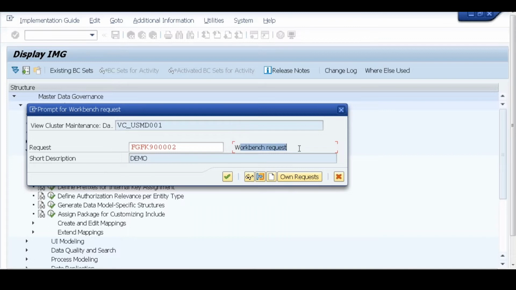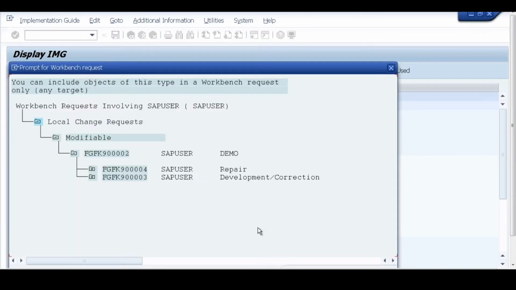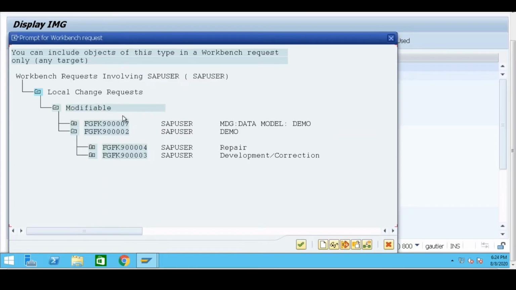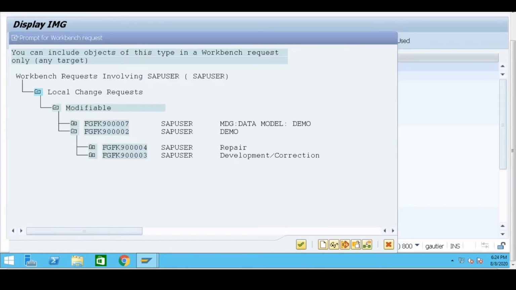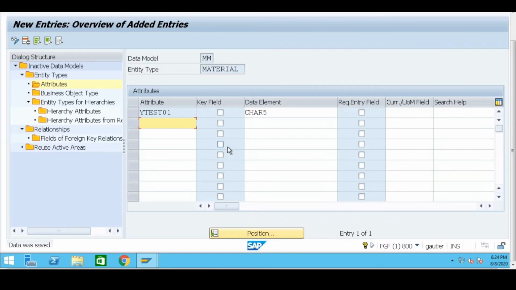I'm just adding the relevant attribute in the data model. So I will see whether my respective TR exists. No, I cannot see any respective TR, so I will create one, and I will give some name like MM data model. Okay. So now whatever data I have created will be stored in the